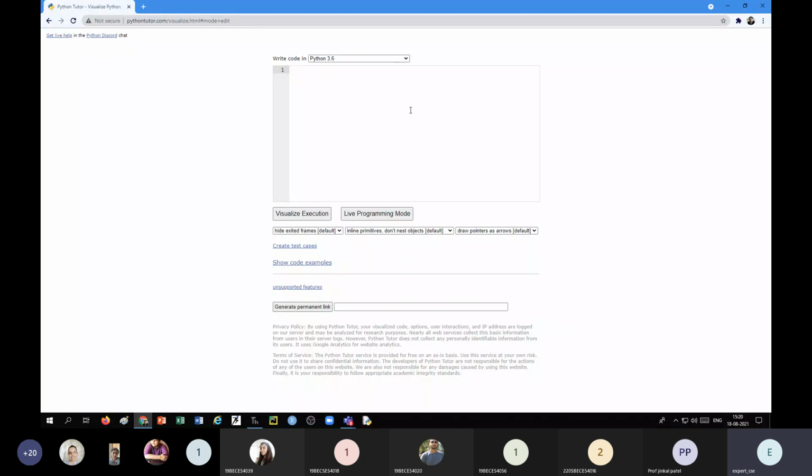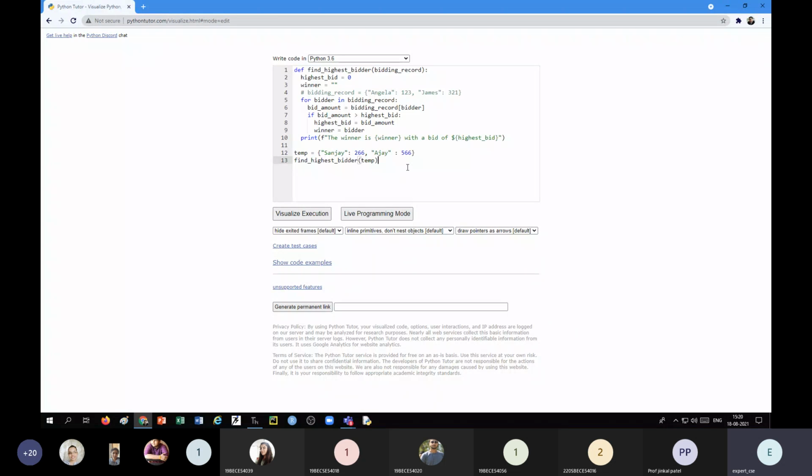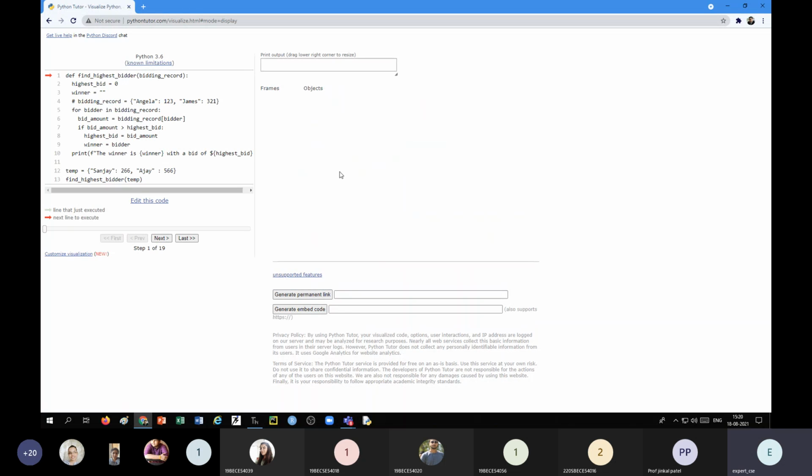Let me copy here our function. Now if we try to run this, we will see each step. We'll be able to see, say next. See, our first statement, that temp, this will be executed.